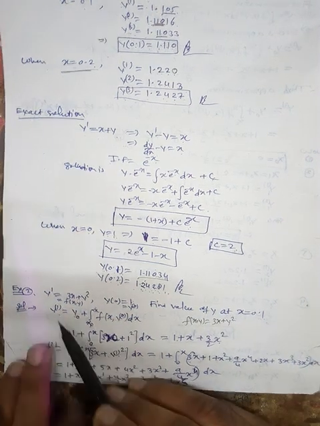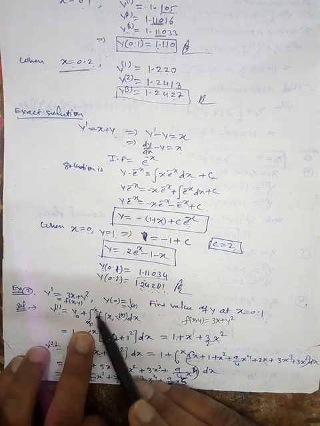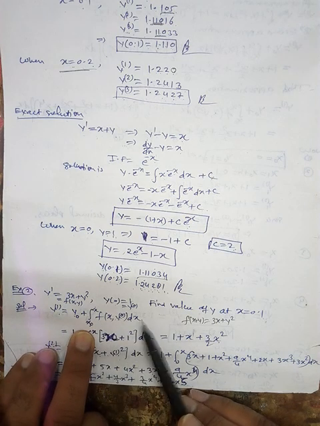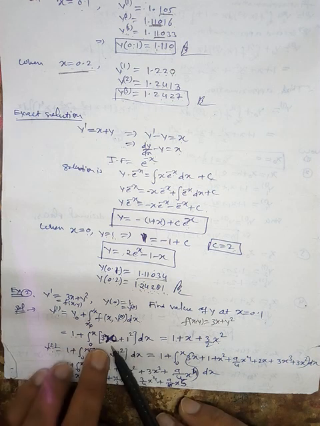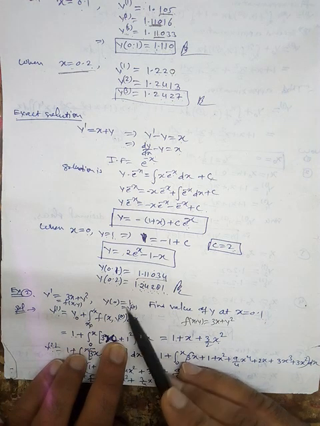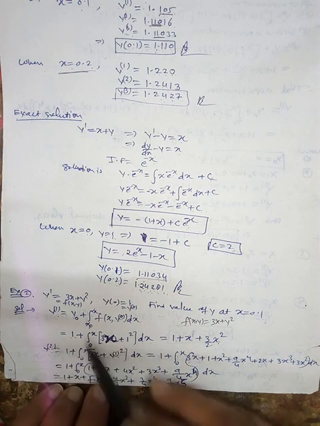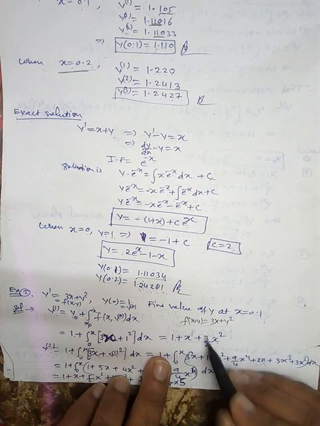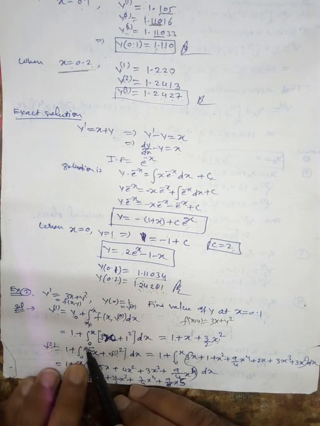Same procedure. First find out the first approximation, which is y naught plus integral from x naught to x of f at x, y naught dx. But y naught is nothing but 1, so just substitute it here. The function is 3x plus y square, so 3x plus y naught whole square, so 1 whole square dx. After integration we get 1 plus x plus 3 by 2 x square. The second approximation is 1 plus integral from 0 to x.